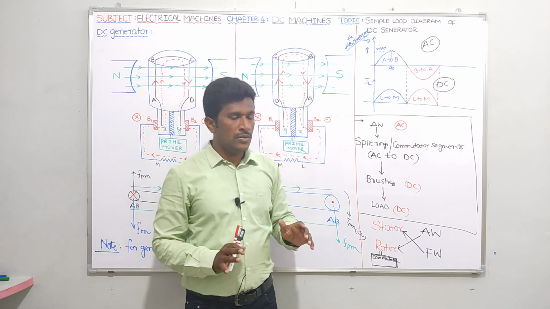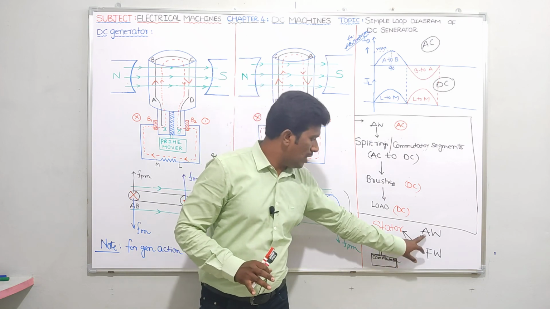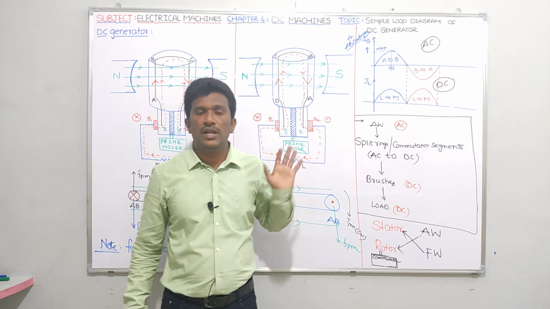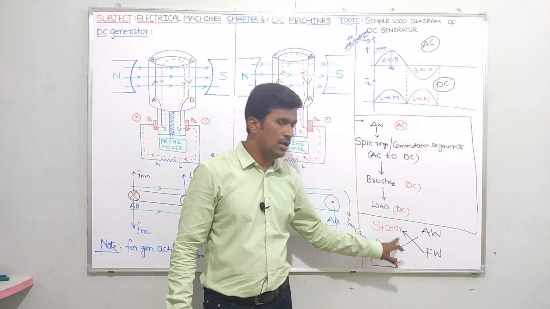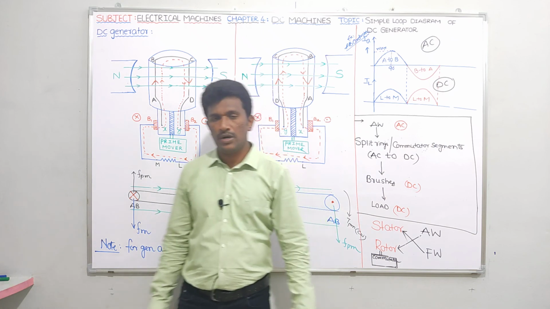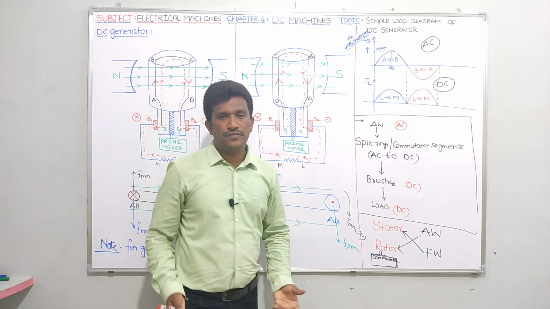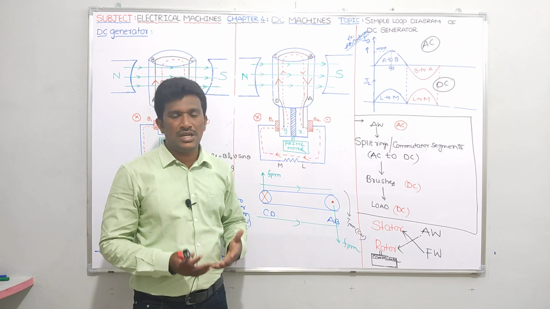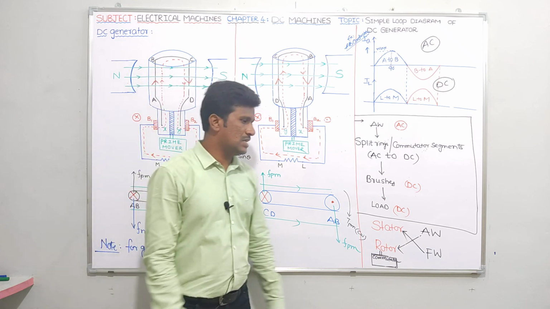In a DC generator, you have to place armature winding in the rotor, field winding in the stator. If you place armature winding on the stator and field winding on the rotor, commutation action will fail. So definitely you have to place armature winding in the rotor, field winding in the stator only. Otherwise, commutation action will fail. Please note down that point. That is a very important point. Please note it down. Instead of saying DC generator or DC motor, let me use DC machines, because this statement is applicable for DC motor as well as for DC generator. So let me generalize this statement.